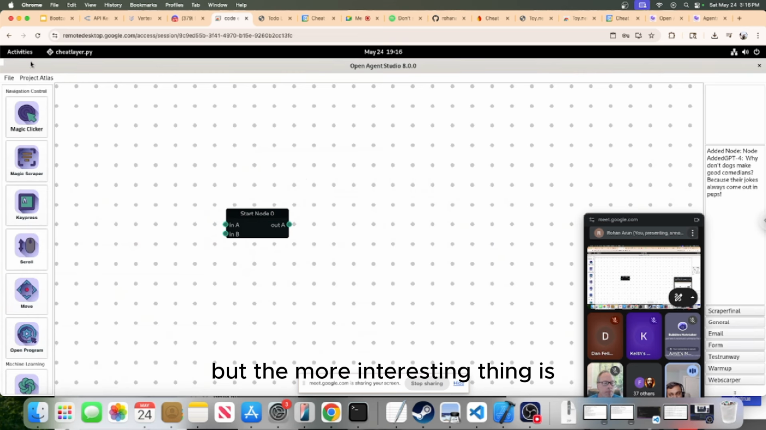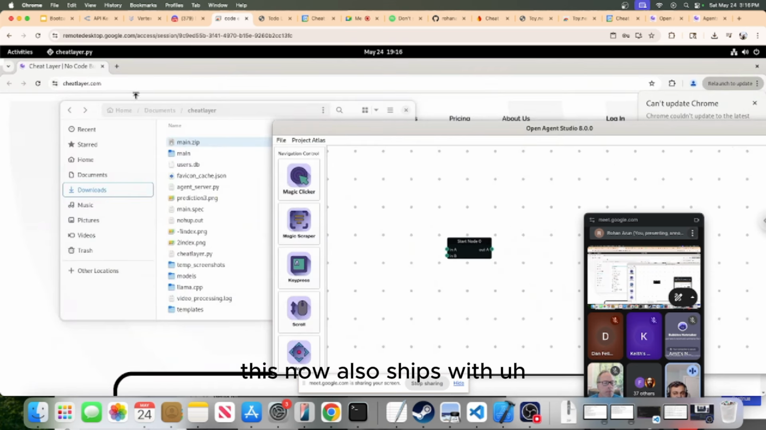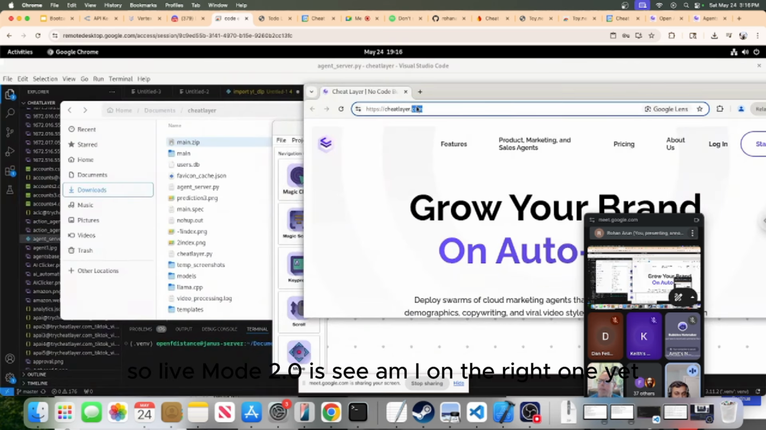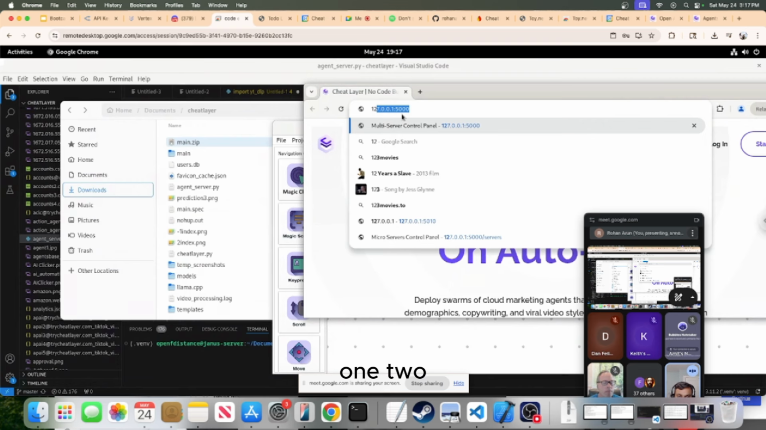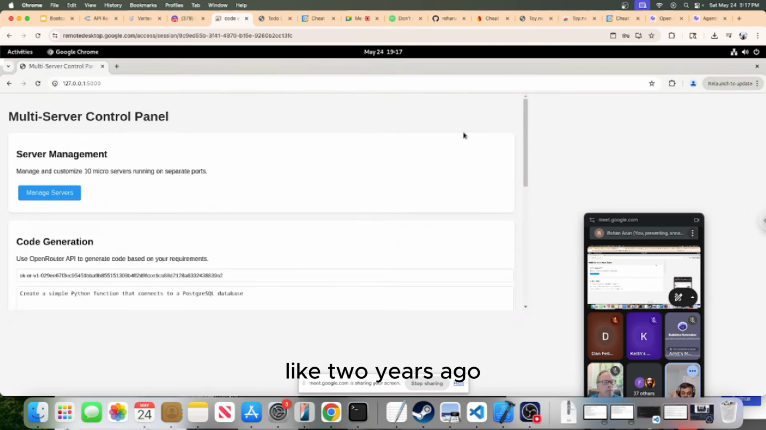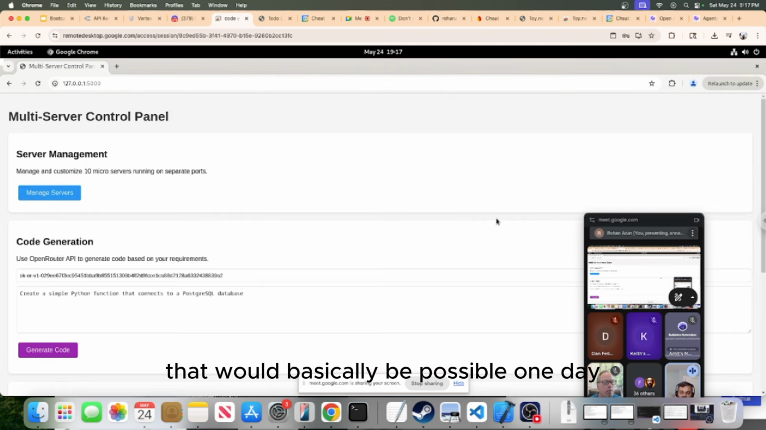But the more interesting thing is this now also ships with something called Live Mode 2.0. So Live Mode 2.0 is, let's see, am I on the right one yet? This thing that we were talking about 2 years ago that would basically be possible one day,